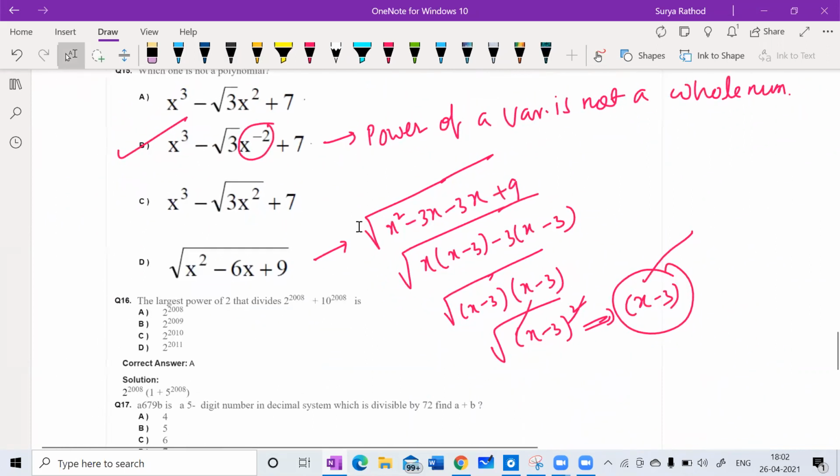If you look at option D and factorize, that is the reason I told you in the last class. How many of you have learned factorization? Tell me. Yes, sir. Very good, very good. Sir, I have done that. You gave me the task to find factors of a quadratic equation. Exactly, yes. So I have done that. Very good.